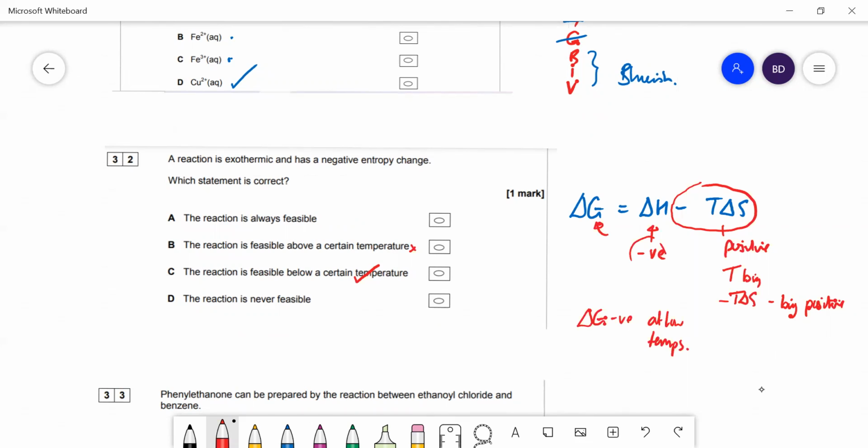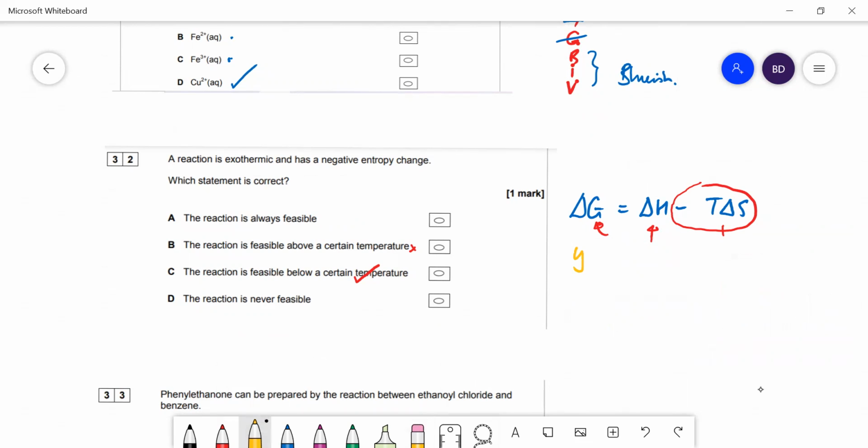That is the answer there. The other way of doing that, you wouldn't want to spend this long on a multiple choice question, but it's quite useful to remember that if you plot a graph, y = mx + c, plot delta G on the y-axis and absolute temperature on the x-axis, that means our intercept is delta H, and the gradient is equal to minus